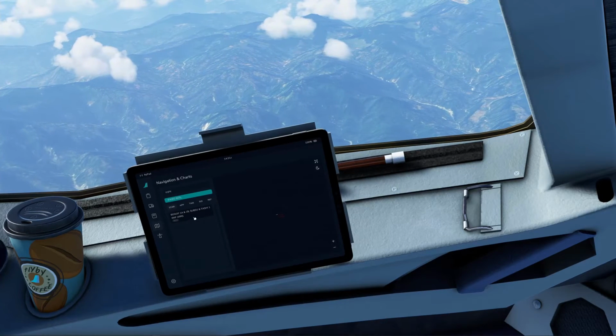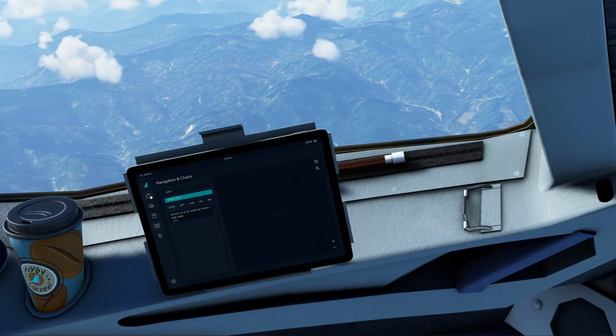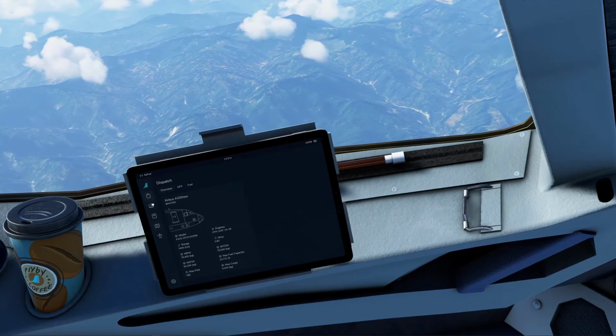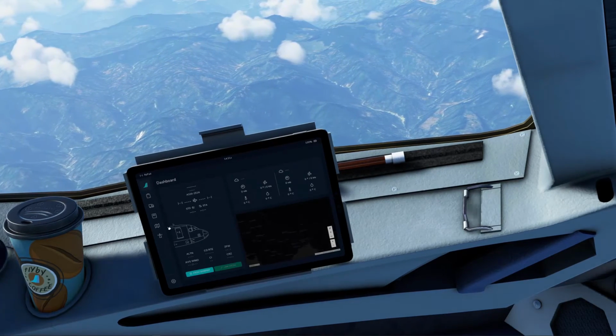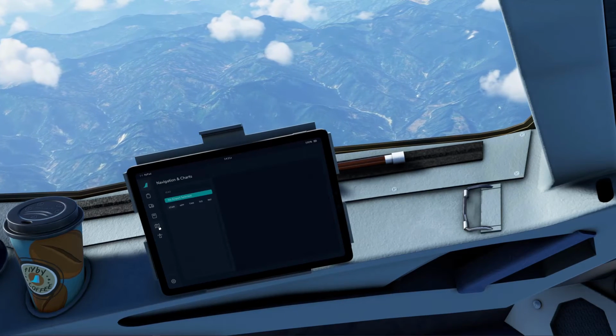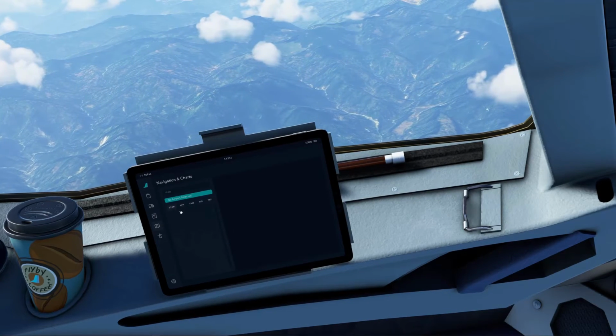Alright, so it looks like it's not displaying the information. So let's see if I can go back. Let's see if it will do it now.